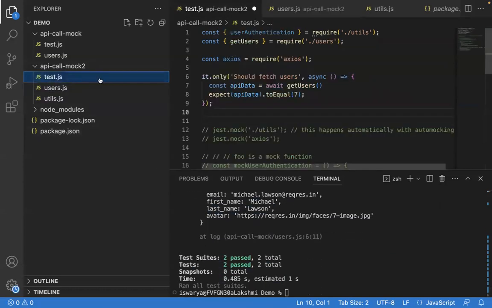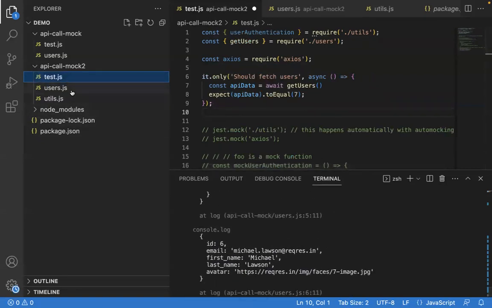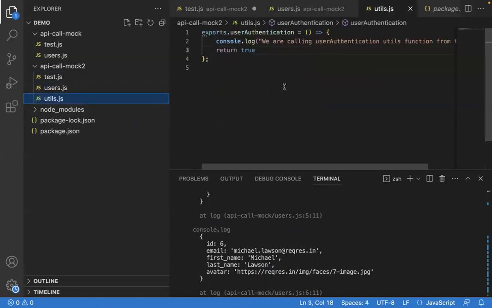And now what we will try to do is, this is where the actual API call is happening here, right? And then on top of that, we want to mock the utils also, because in utils, there might be n number of functions in an actual project, and there might be n number of API calls happening. So, for example, if we do not require any actual API call, and if we want to test only the logic, in this case, what we can do is